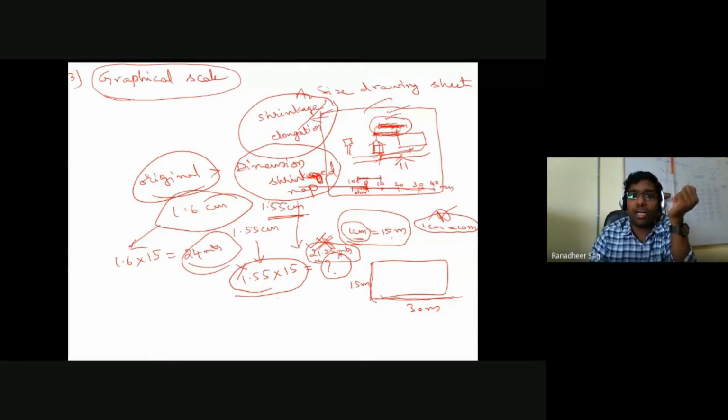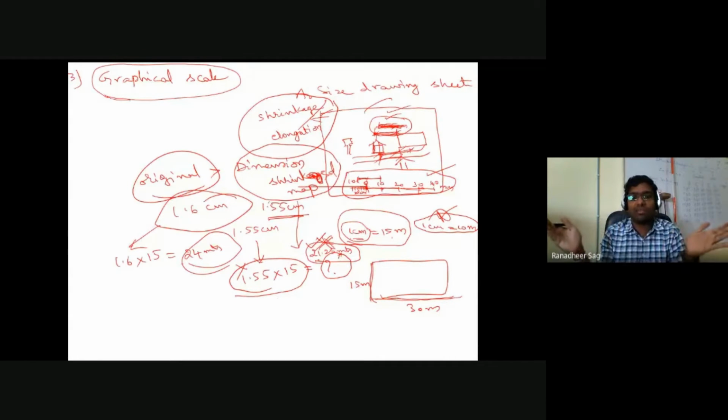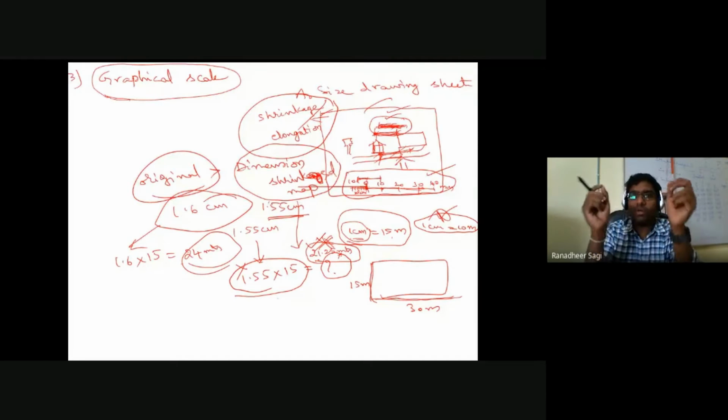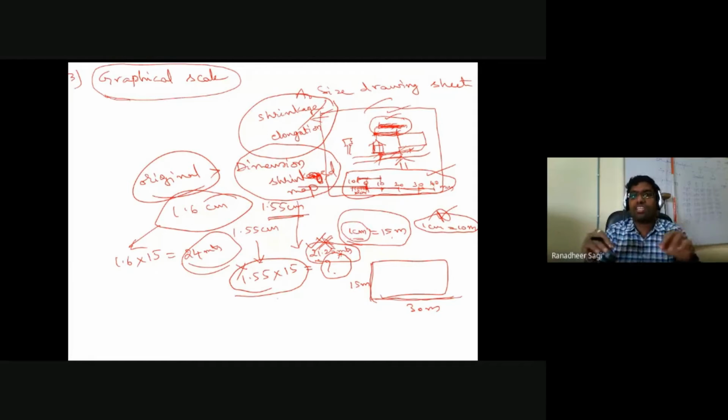We have measured the dimension of at what distance these two houses in the field exist, based on the scale that is represented on the map itself, the graphical scale. Now, what is the advantage of doing so? The advantage is, when the map got shrunk, automatically the scale indicated on the map also got shrunk. So once the scale on the map also got shrunk, whatever dimensions you want to understand from the map